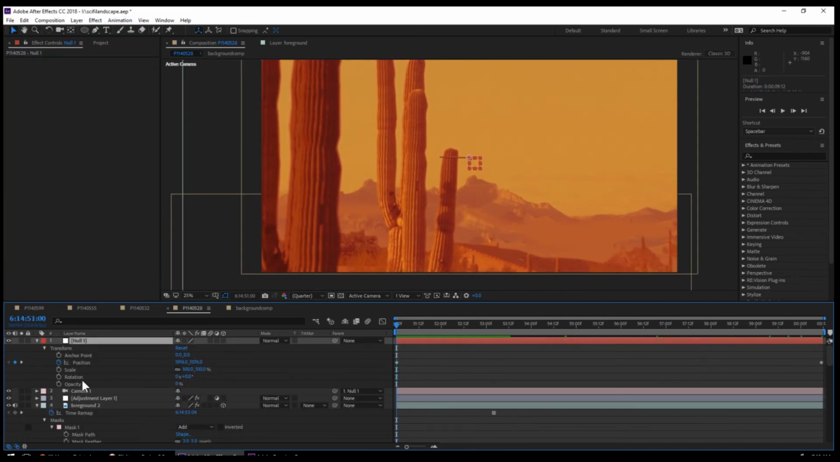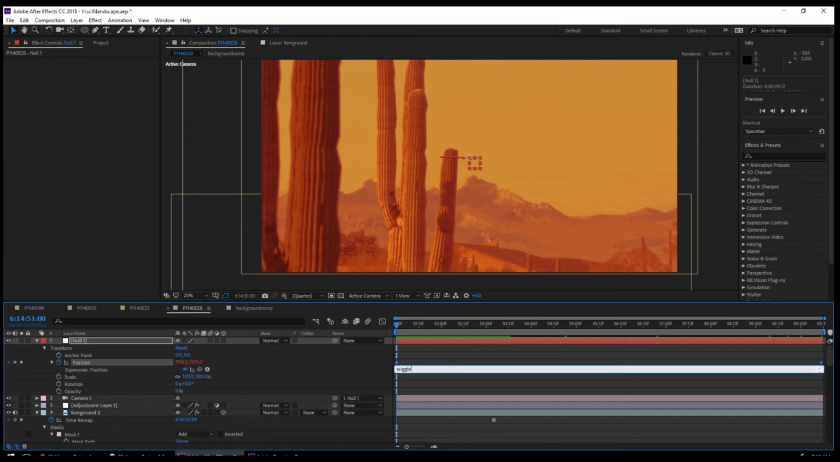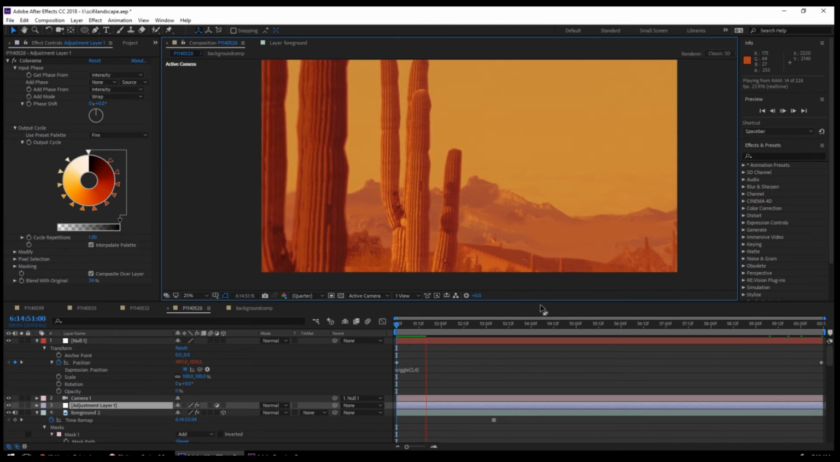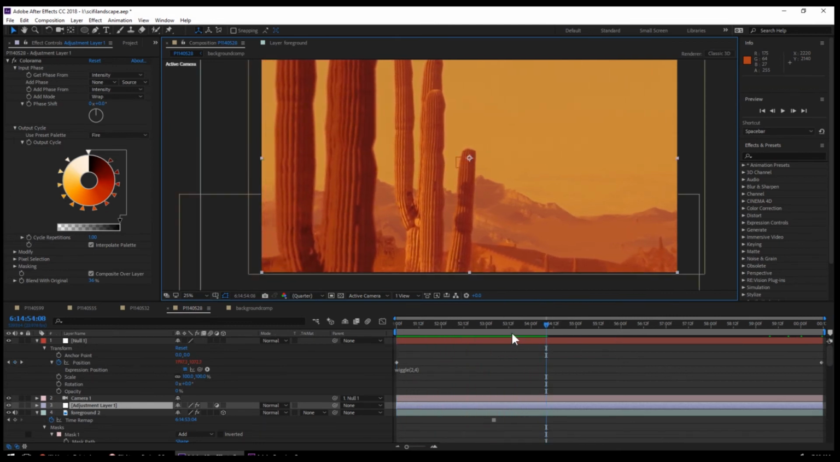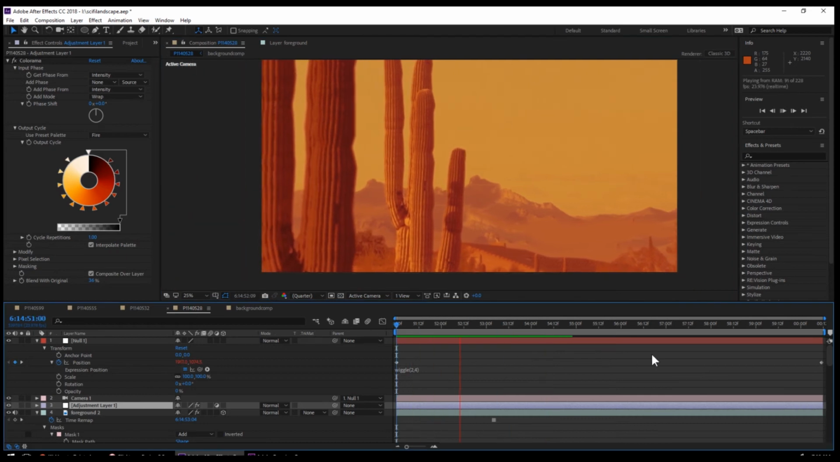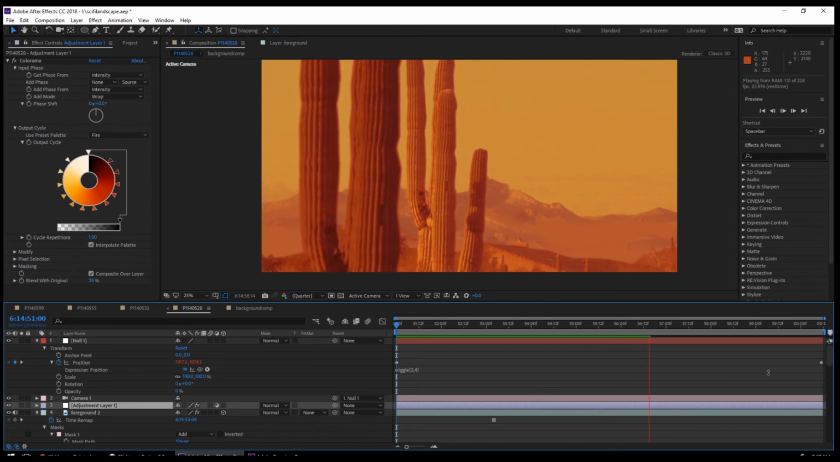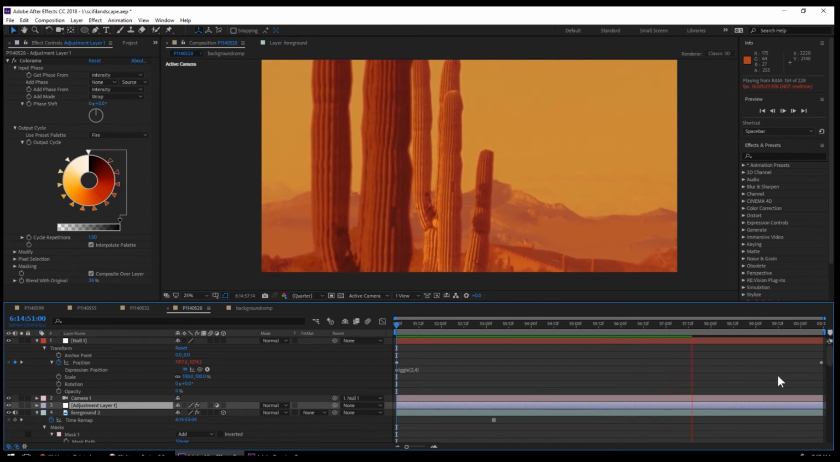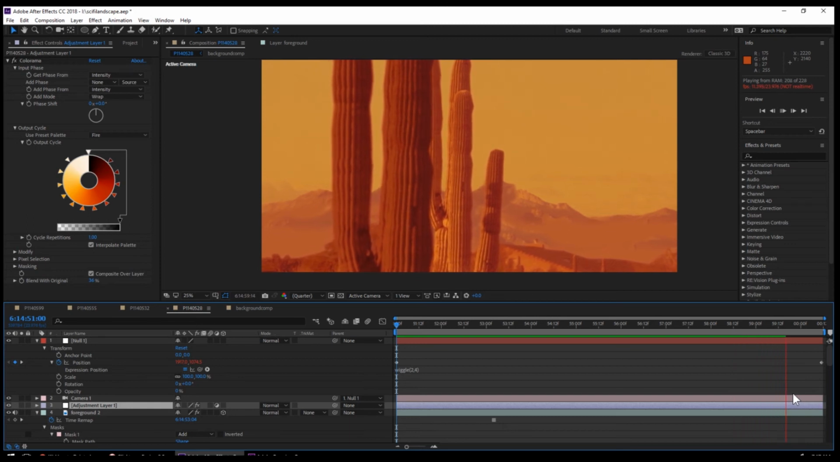So what I'm doing here is I'm adding an expression to the null object. That null is my camera controller. I'm just adding a little wiggle and tweaking the numbers because I didn't like how flat the camera was moving. It looked artificial. Wiggle can give you a slight jiggle, like a more natural move. Again, if this was a project I was spending some time on, there is something I've